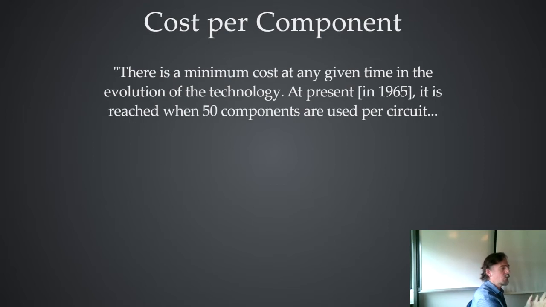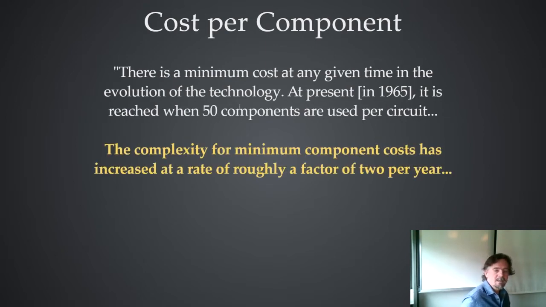So if you try and squeeze too many components on a chip, you'll just get failure rates, and it won't be economical. On the other hand, if you put too few on it, you're kind of wasting. It's like you only put 10 transistors on that chip, and if you could have put 20 without a big failure rate, you should have put 20 on it because the cost is the cost of the chip. It's not the cost of the transistors. So there's always like a sweet spot about the kind of optimal number of transistors to put on your chip. And that's the number he cares about. And he's saying that the complexity for minimum component cost, so that's like the most economically viable number of transistors, increases by roughly a factor of 2 every year.